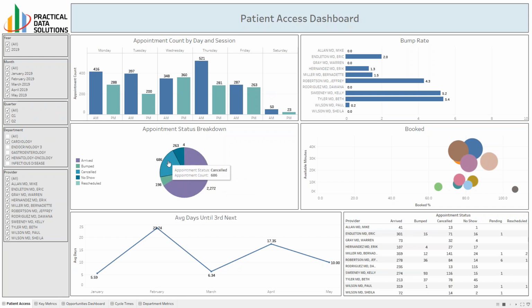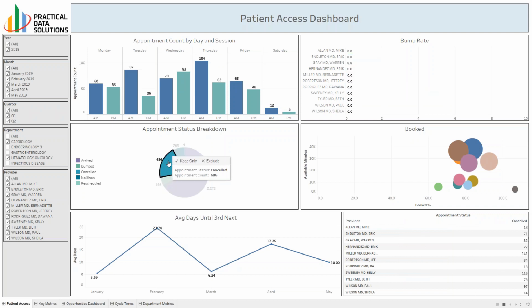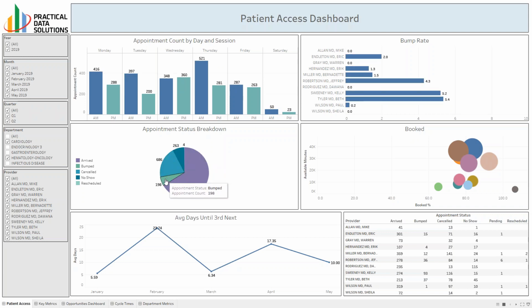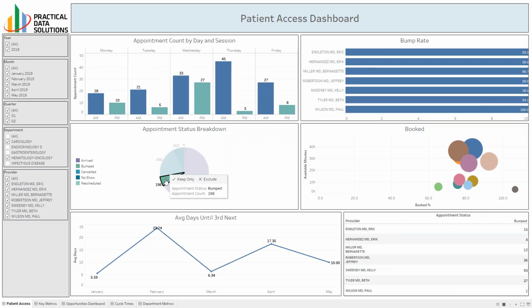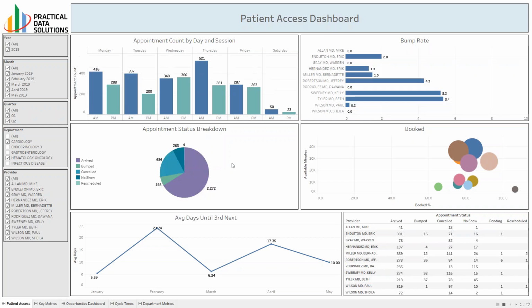We can look at statuses like cancellations and no-shows, and I really like to lump in same-day cancellations with the no-shows to come up with kind of a lost appointment ratio, because that ratio can help us find some additional capacity that's out there. And again, when we're talking about variability, the third next graph stands out to me a lot,